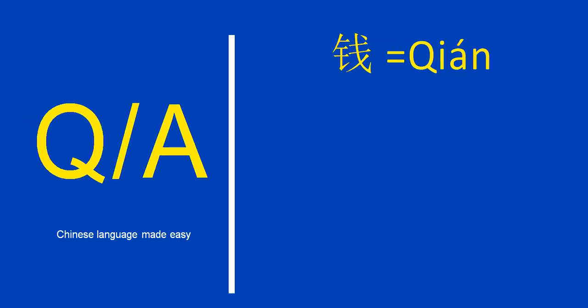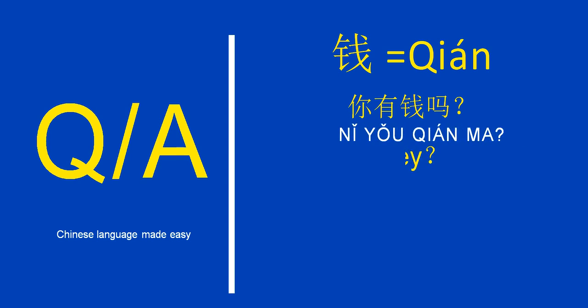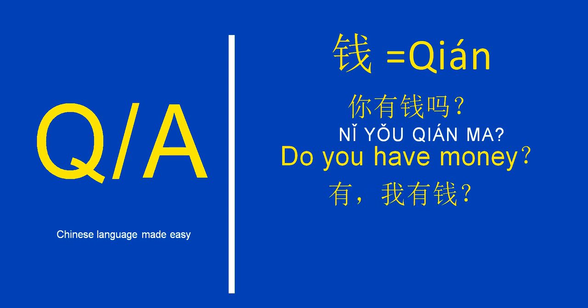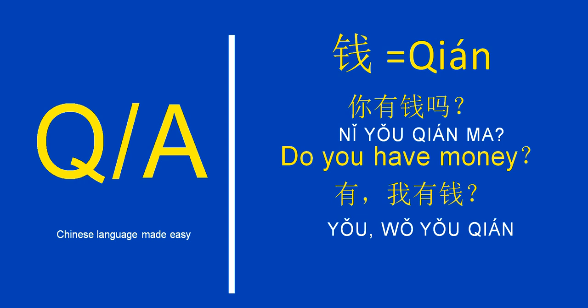Okay, proceeding to the next slide, and it is about another question. 你有钱吗? Do you have money? 你有钱吗? Okay, so 有 means have. 我有钱, I have money. So this was a short lecture on how to say I have and I don't have something in Chinese,